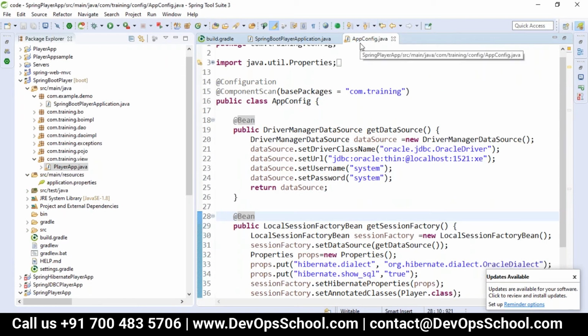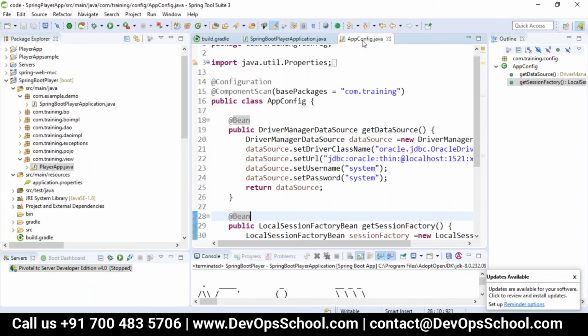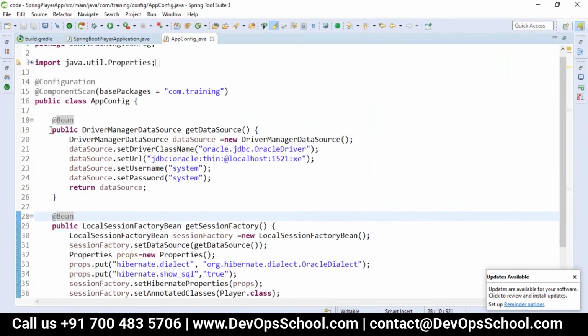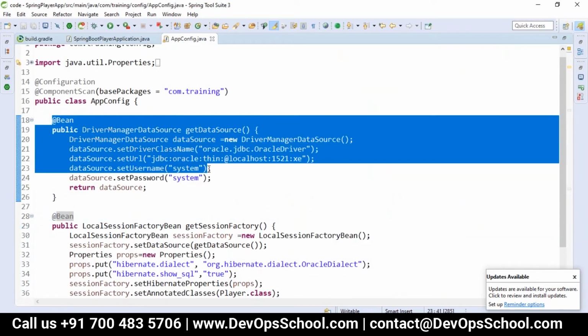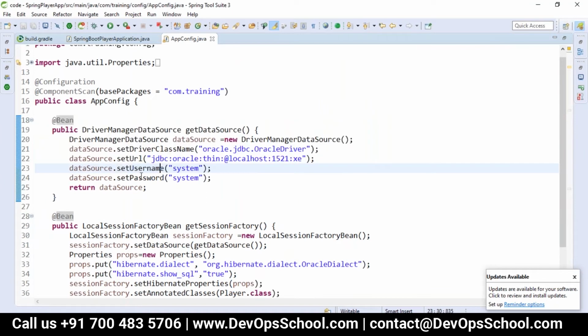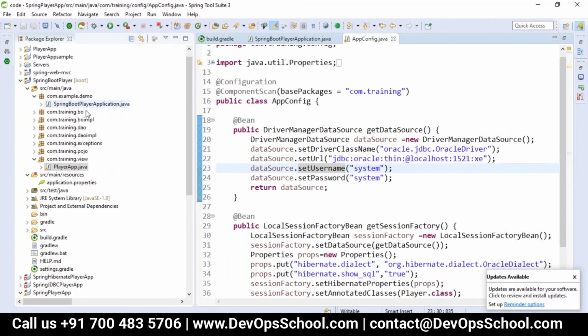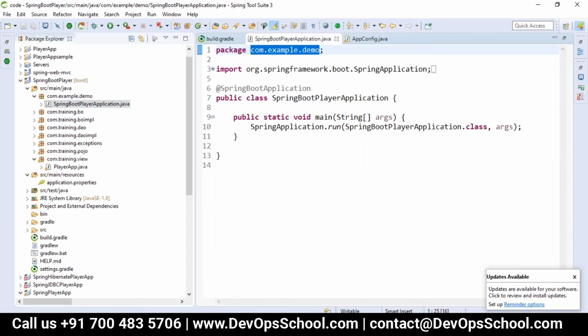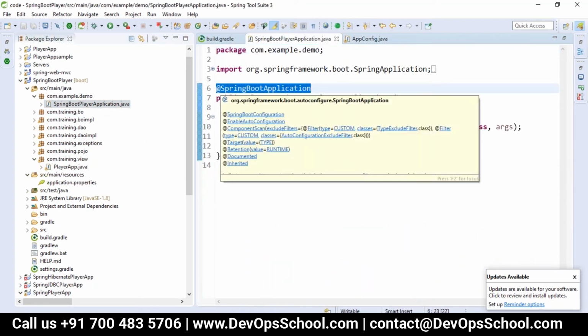In the app config, we did the configuration: the driver name, the URL, username, password, all this configuration which we had taken care of. But now in this application, we are not using any app configuration. I said the Spring Boot application takes care of all the configuration.